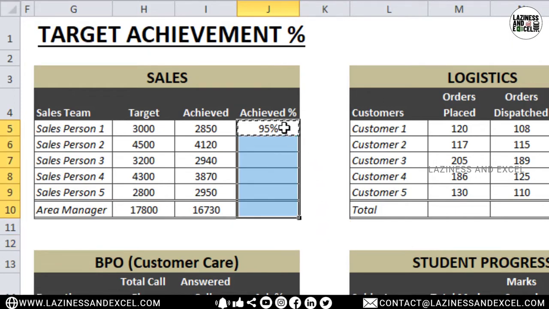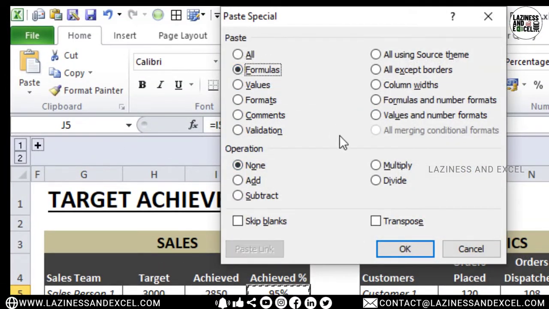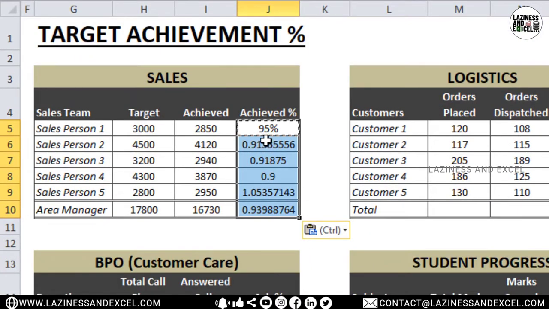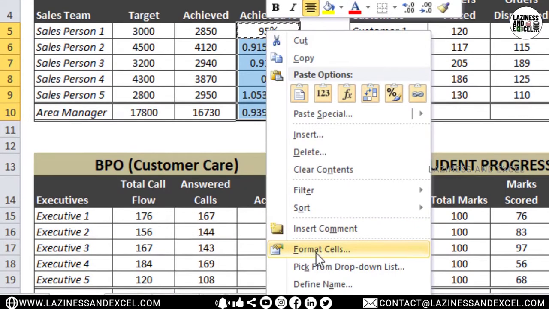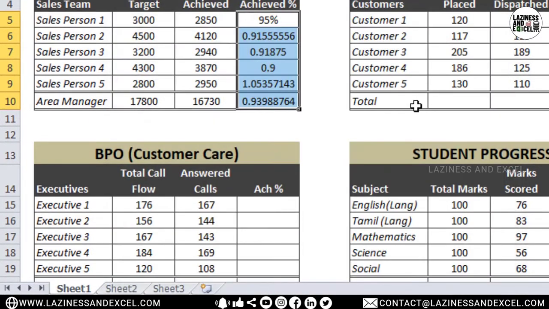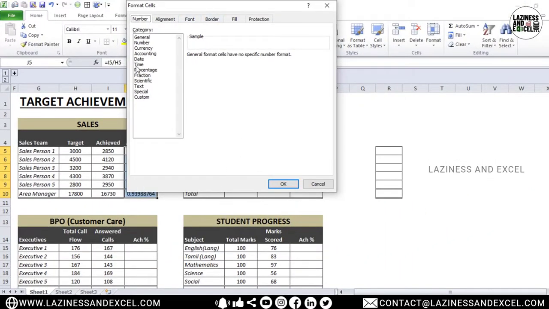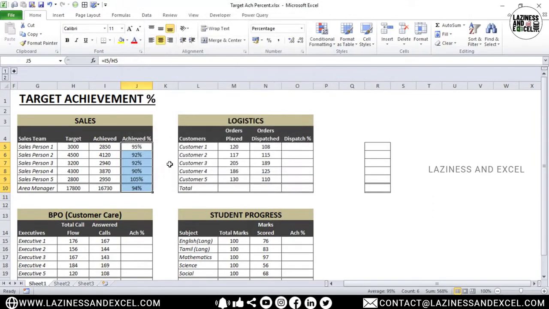Once again, let me copy the formula, select the cells below, right mouse click and select paste special, select formulas only and click OK. To change the numbers to the percentage format, again you can right-click and select Format Cells, or you can just press Ctrl 1, which is the shortcut to open the Format Cells dialog box. Under the Number tab, select percentage, set the decimal places to 0 and click OK.